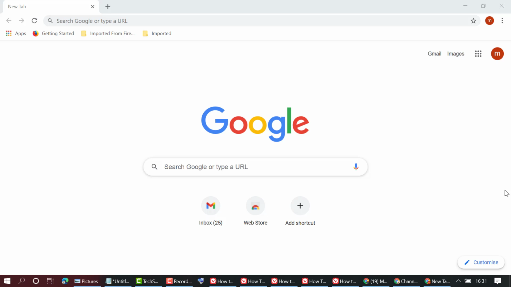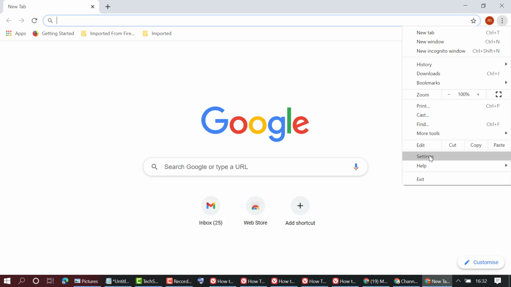In this video, I'm going to show you how to disable hardware acceleration in Google Chrome browser. So to disable and turn off hardware acceleration, firstly open Chrome browser, then click on these three dots, then settings,